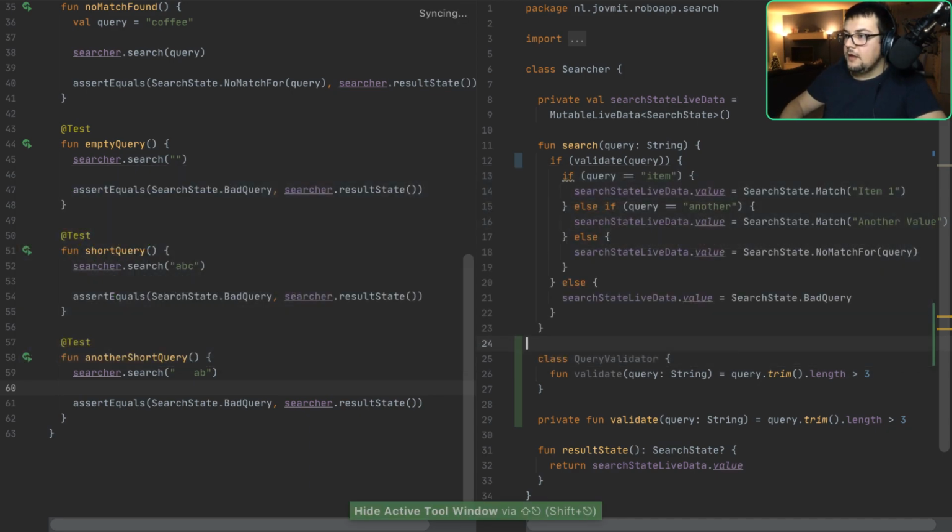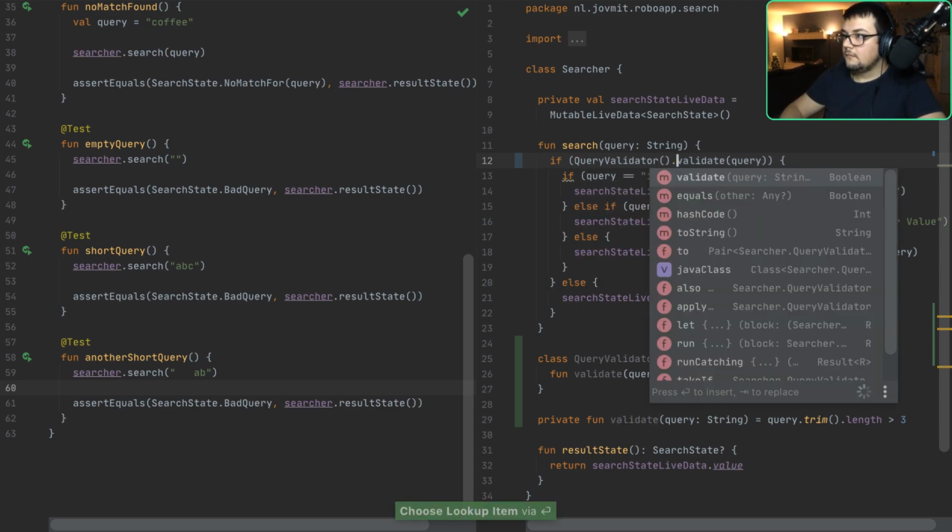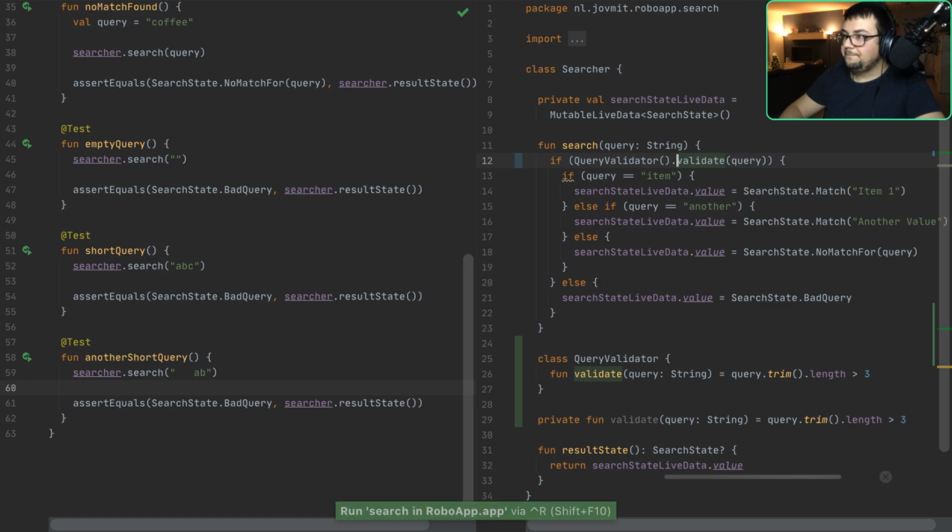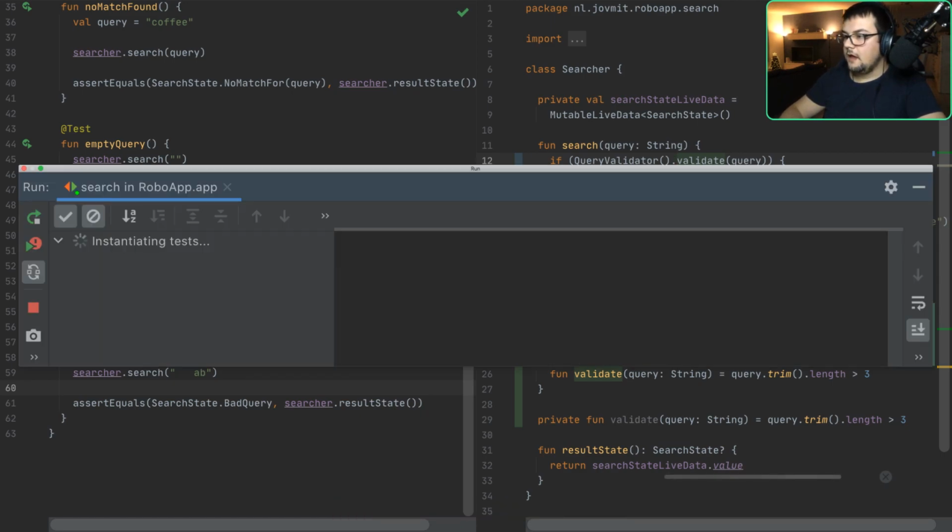Cool. And now here, I can start using the collaborator instead. I mean, I can use the function inside the query validator instead of the function that I had before. Like that. And that should work,